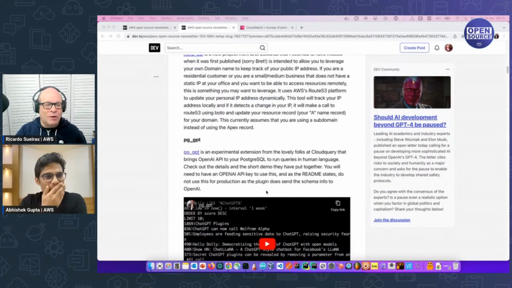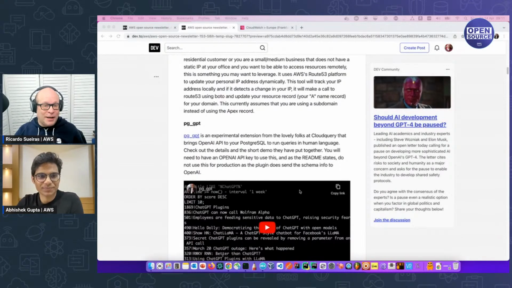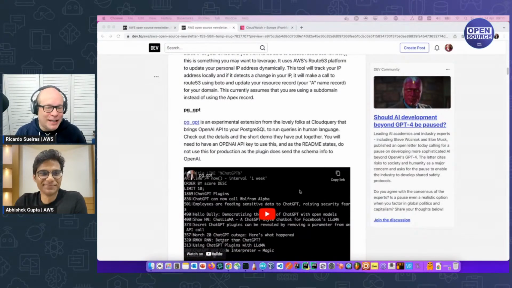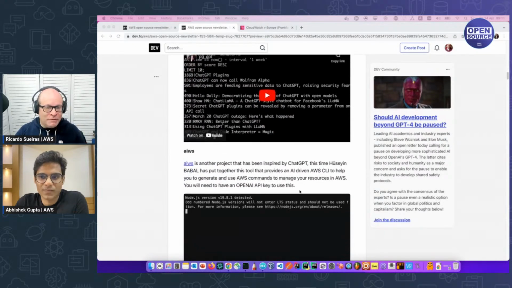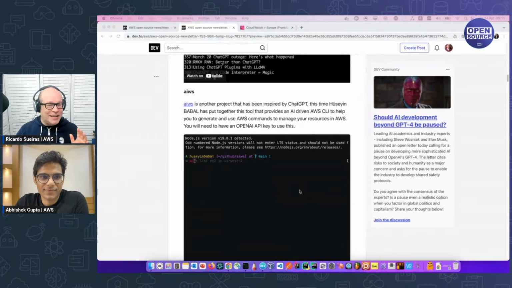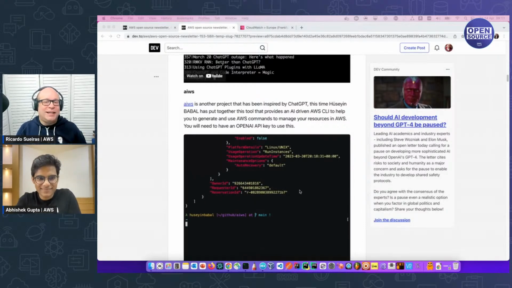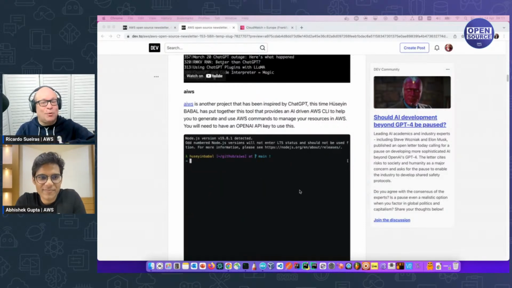We've got, first of all, if you're a Postgres developer, how you can use it to effectively create your queries within Postgres, right? So a very interesting one. There's a little demo there from this project, which you can then implement. We've then got AIWS, which takes this and combines it with the AWS CLI that then allows you to effectively create a prompt, and then it gives you what it thinks are the commands that you need to run. Okay, I might be able to do a demo of this in a second.